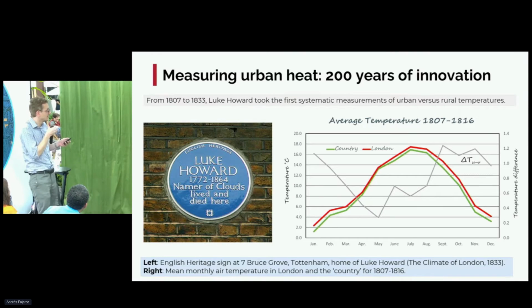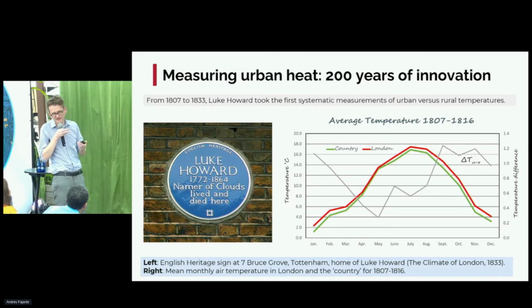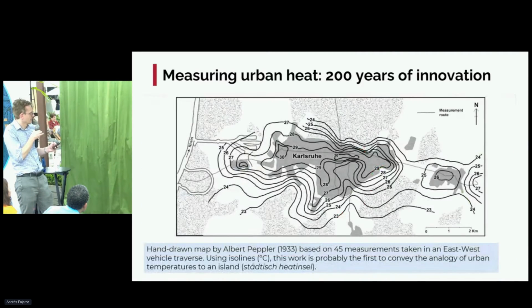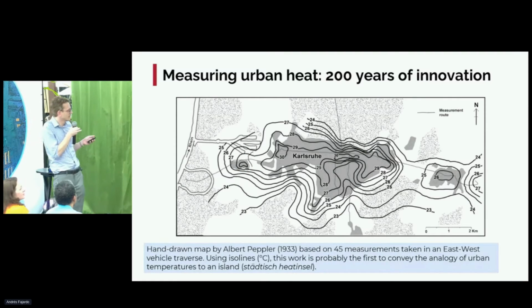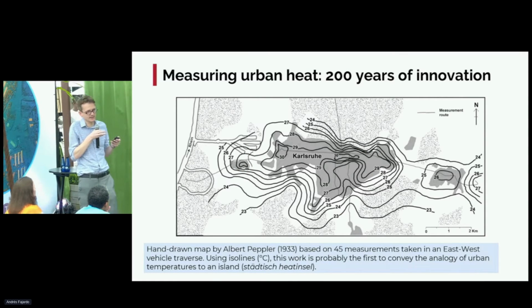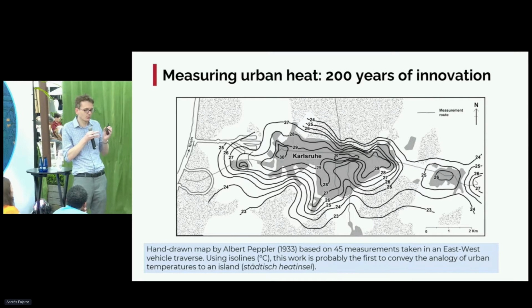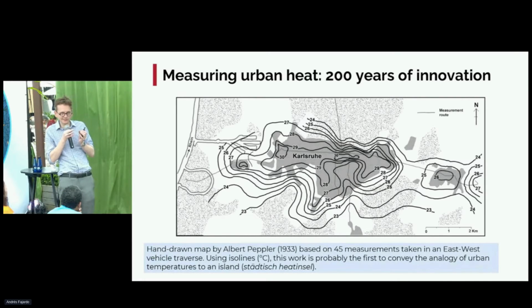So the really classic study is by this guy called Luke Howard. You can look up his plaque on a door in Tottenham in London, who measured the heat island effect in London back in the 1820s. And then subsequently, there were some very interesting studies using the early motor car in the 1920s, when people came up with the idea that we've been measuring temperatures in cities with individual weather stations located like at Greenwich Observatory and then out in the countryside or at specific locations.